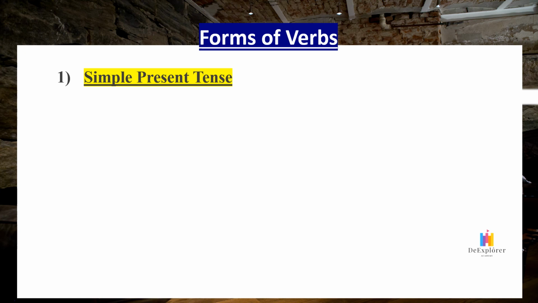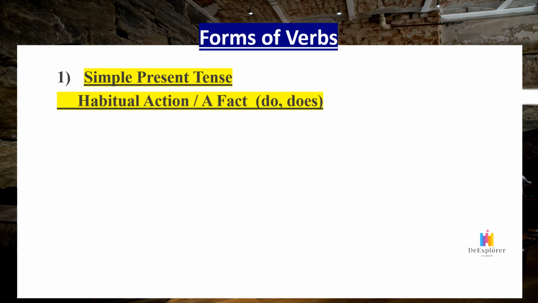Okay, now let's take a look at the first one, the first type, which we call the simple present tense. And the verb is with S and without the S. So take a look at the verb first. Do and does. So 有 S 跟没有 S 的动词，所以这个是第一种的。Alright, okay, and we use it for habitual action and fact. So what is habitual action? 时常发生。Fact is 一个事实。